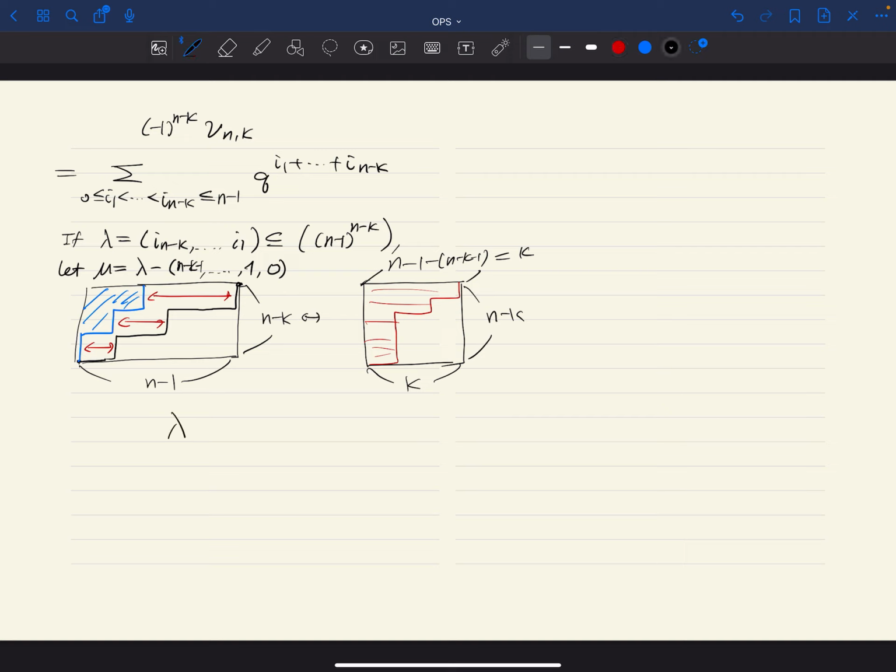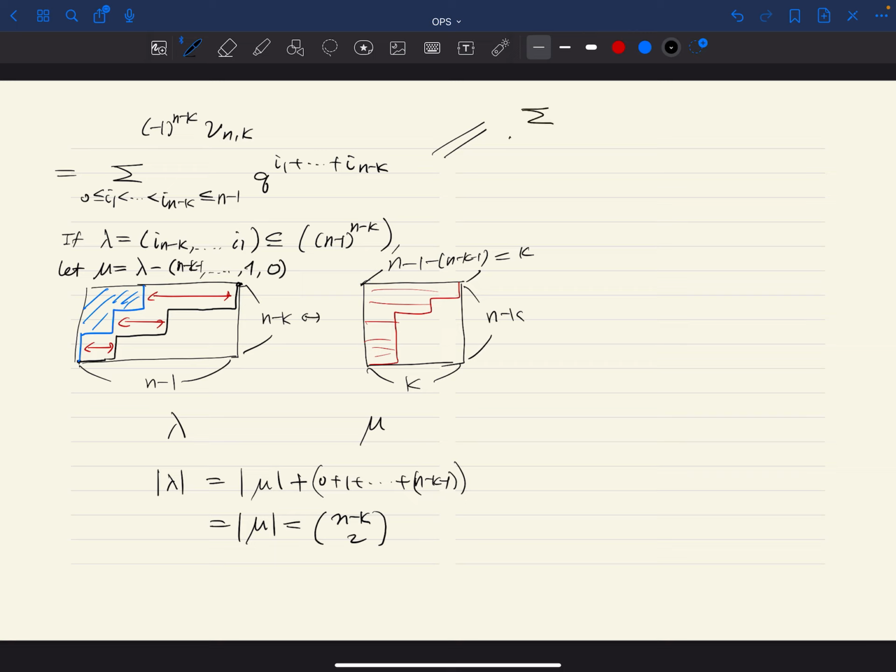But if you have lambda here and mu, what is the relation between their sizes? We subtracted this from lambda, right? So lambda is bigger. Then the amount by which lambda is bigger is this. So it's going to be 0 plus 1 plus dot dot dot n minus k minus 1, which is exactly n minus k choose 2. That this is equal to this, right? So this equals